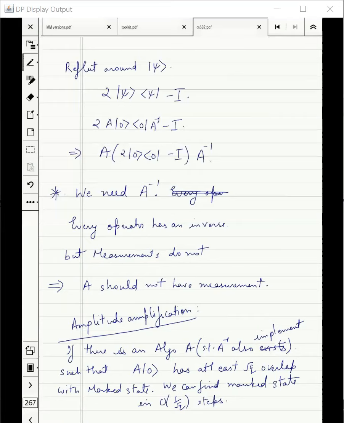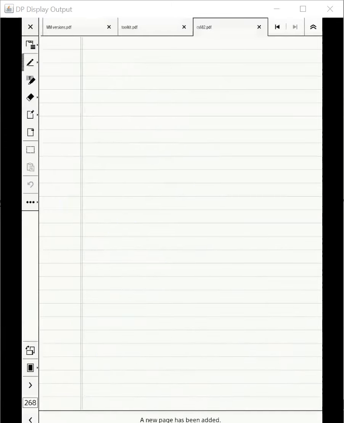This is what amplitude amplification allows you to do. The algorithm was not difficult. It's the same idea as Grover search, but it allows you to use Grover search in a very, very general setting. Anytime you have a classical algorithm which succeeds with probability P, most of the time that means you have a quantum algorithm whose final state will have more than square root P overlap with the good part.